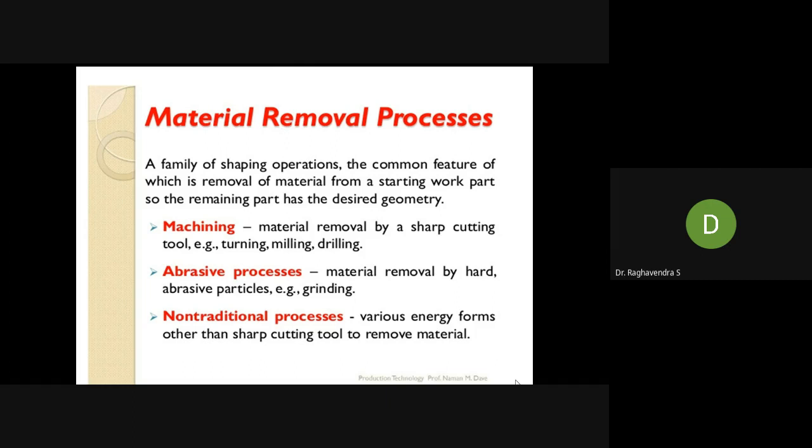It may be electric discharge machining, ultrasonic cutting, and laser, all of which are non-traditional processes. If you want to cut with a laser, otherwise in the traditional process you need to take a knife or a hacksaw blade and cut it. But in laser cutting, you can do it very easily. All these processes are called material removal processes.